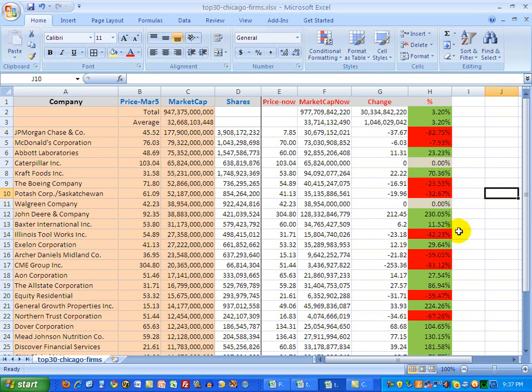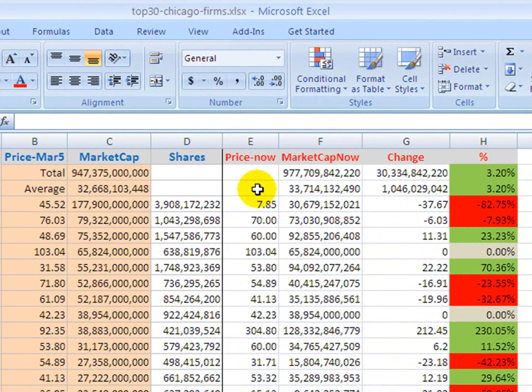We could play with this one here to do a little bit of what if, but I'm afraid it wouldn't be very interesting. The intention here was we could change any one of the values of the stock of one of these companies. For example, Abbott Laboratories, we're indicating here, went from $48.69 up to $60, and we wanted to see the effect on the total market capitalization of these 30 large firms in Chicago and what this change would be from March the 5th. So if I made this $65